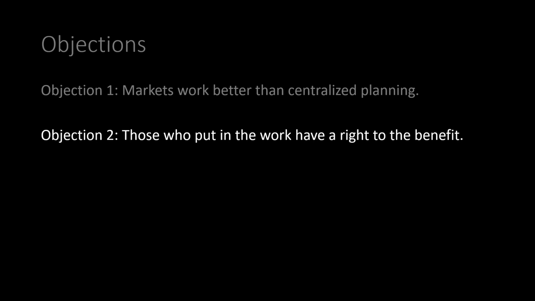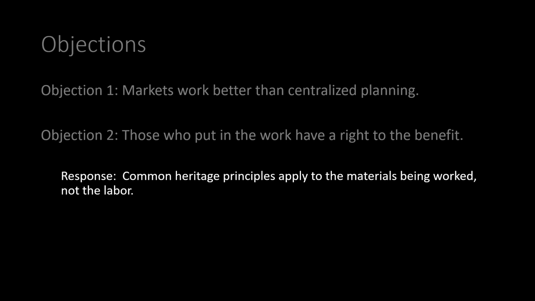Another objection to the common heritage idea says that people who do the work have a natural right to the profits. If I plant and tend to a crop, then I have a right to the food that I harvest. This is the basic Lockean idea. That which one mixes one's labor with, one has a right to, and nobody else has a right to take away. The primary response to this objection is that while the laborer did provide labor, the laborer did not manufacture the